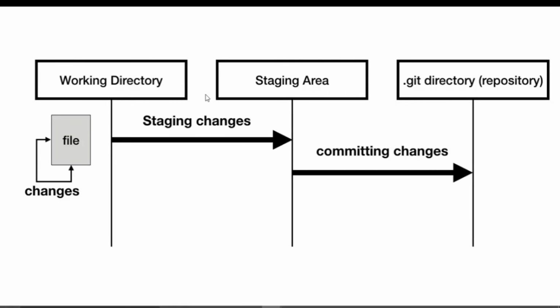Now this is the staging area. And this staging area is going to contain all the information about what files and changes are going to go into our next commit. So first of all, we send a particular file, or the changes that we have made in a file, to the staging area. And then from the staging area, when we want to save those changes, only in that condition we commit those changes. And when we commit the changes, those changes successfully get saved in our git directory, and then we can say that the file has been tracked successfully, and all the changes have been saved successfully in the git directory. So this is how the flow of local repositories looks.